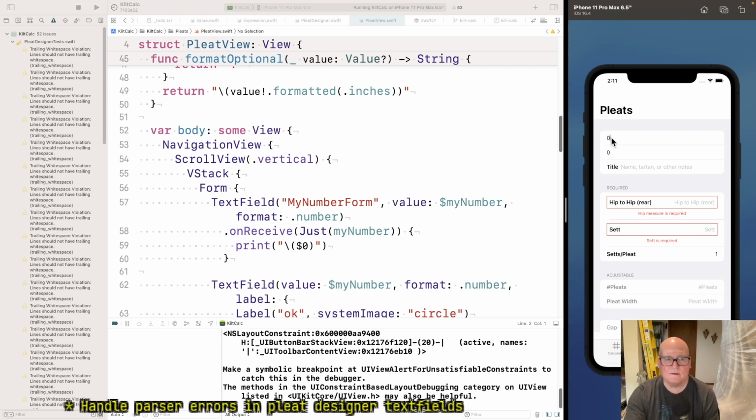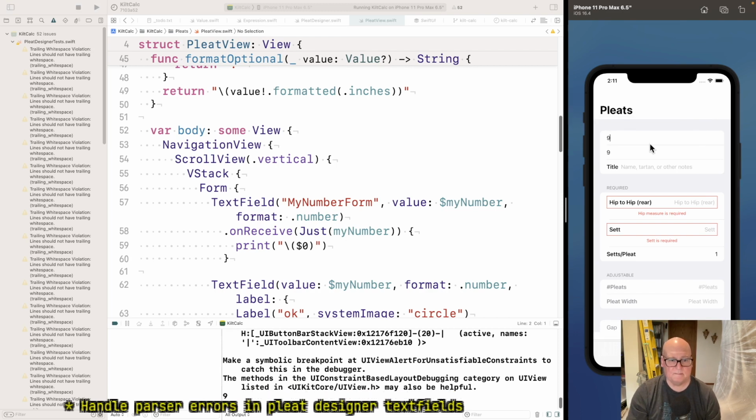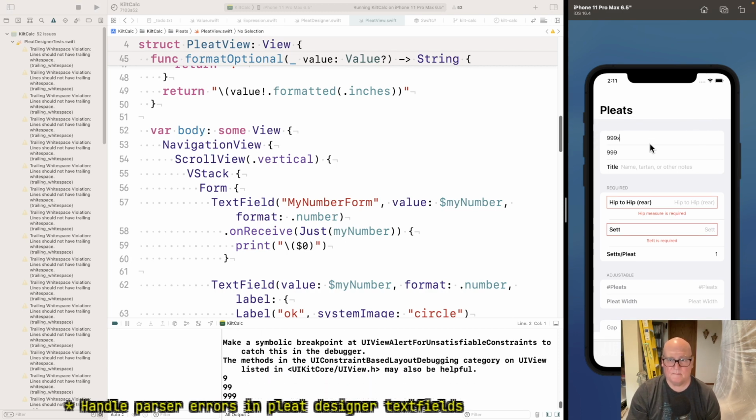Okay, this was on the first one. Oh. So receive does not get it when it's not a valid number.